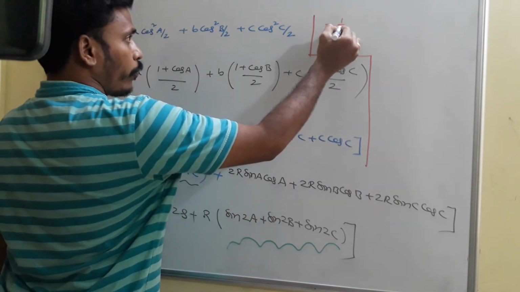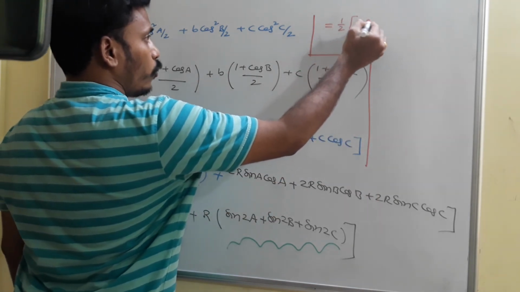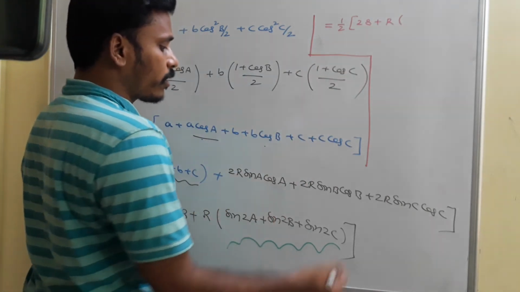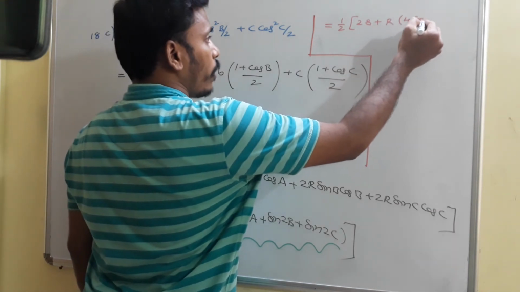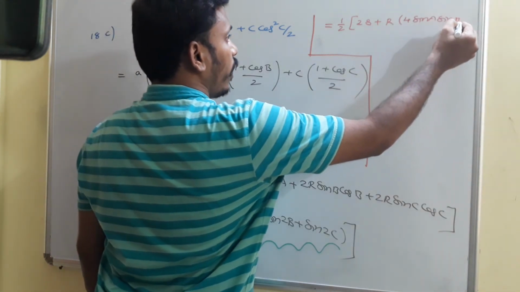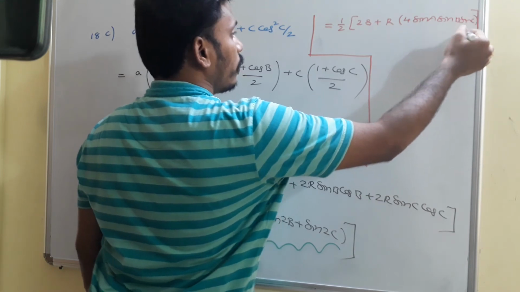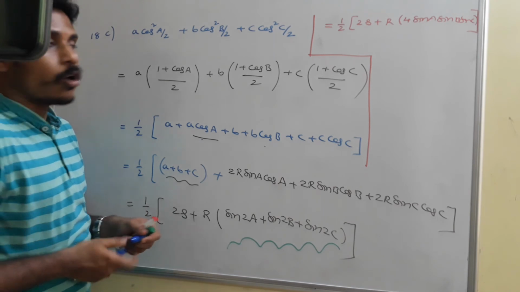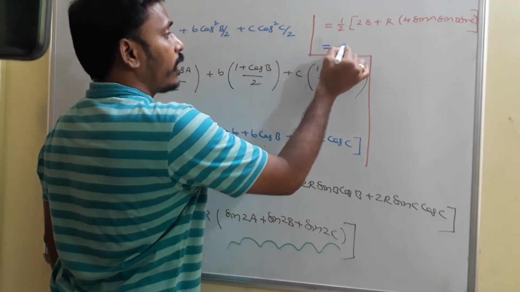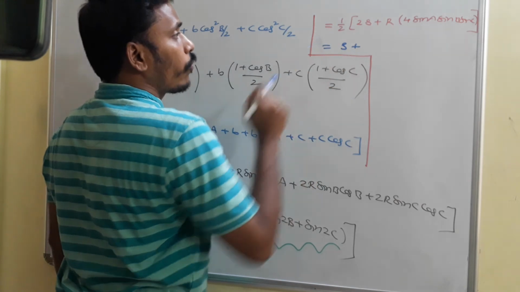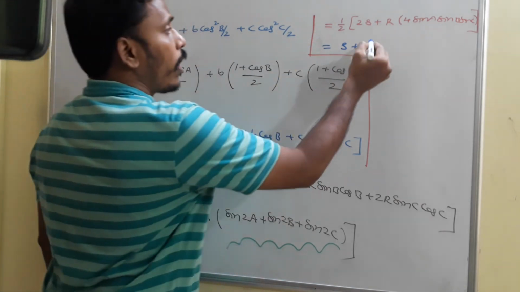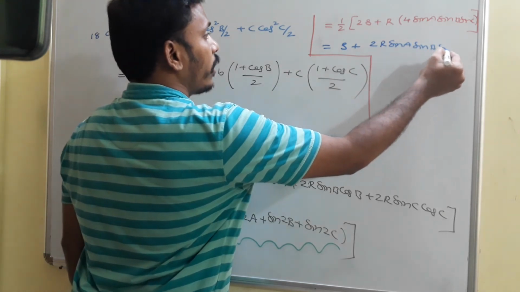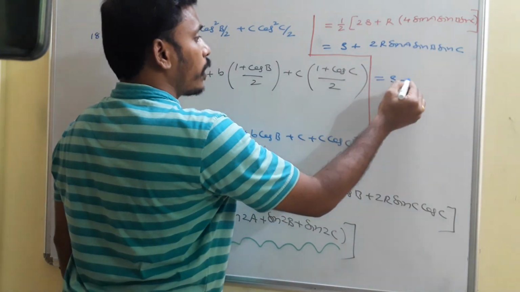This is equal to half of (2s plus r) into sin 2a plus sin 2b plus sin 2c. As per the rule of transformations, this is 4 sin a sin b sin c. Now at the end, you just multiply with that 2. Half into 2s is just s, plus half into 4 becomes 2. So you have 2r sin a sin b sin c, and that is equal to s plus 2r